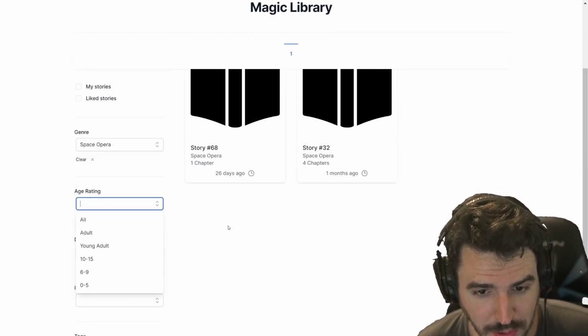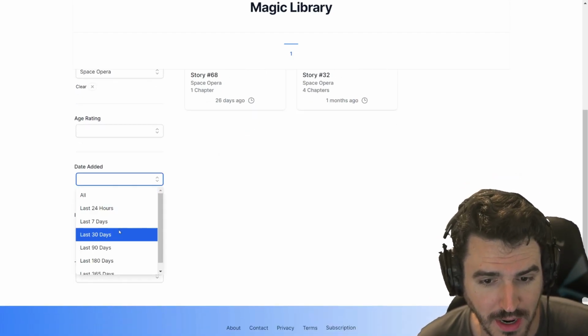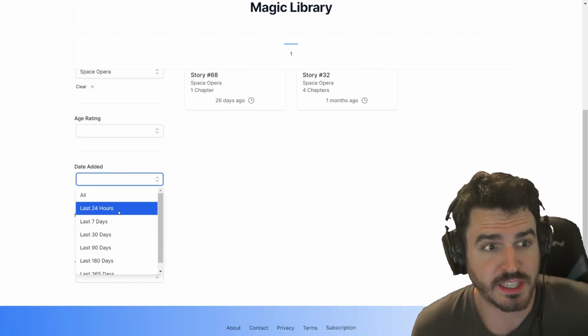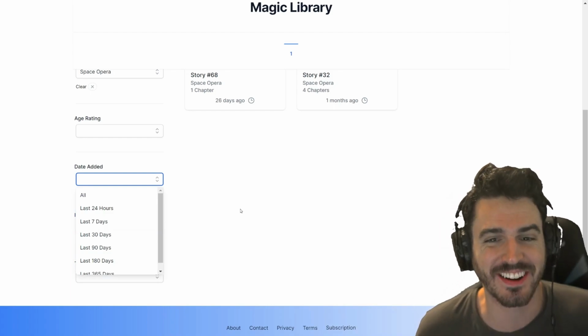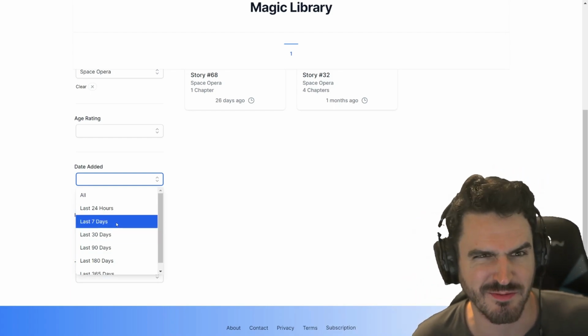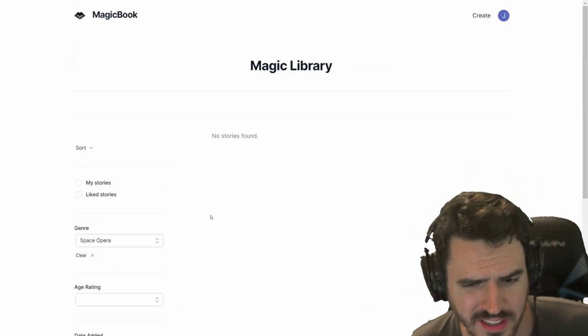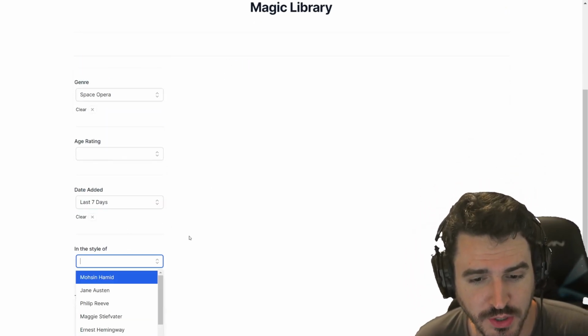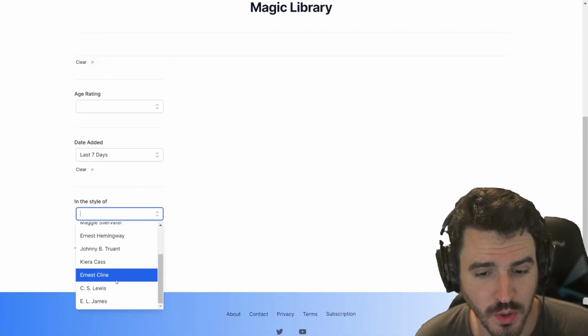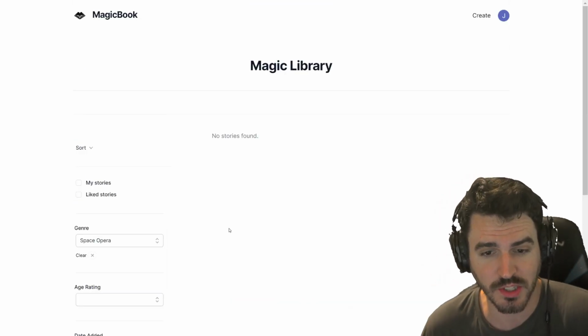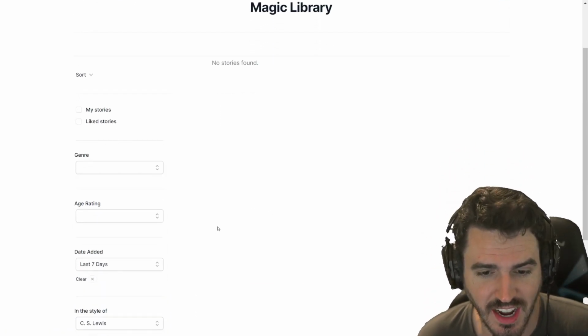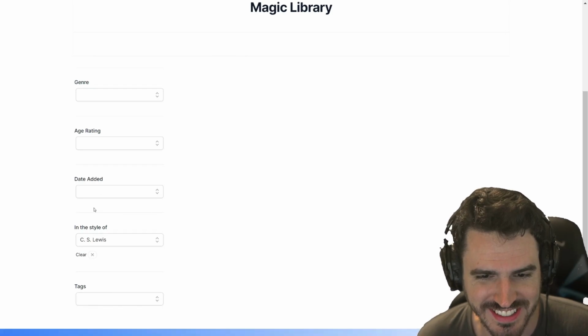You can filter by age rating. You can filter by date, and say you're reading books all the time and you just like reading all the space operas, you can be like, okay, it's been a week since I've been here. Let's just check out the ones in the last 7 days. You can filter by author style. So if you, for example, only want to see stories written in the style of C.S. Lewis, let's clear this here.